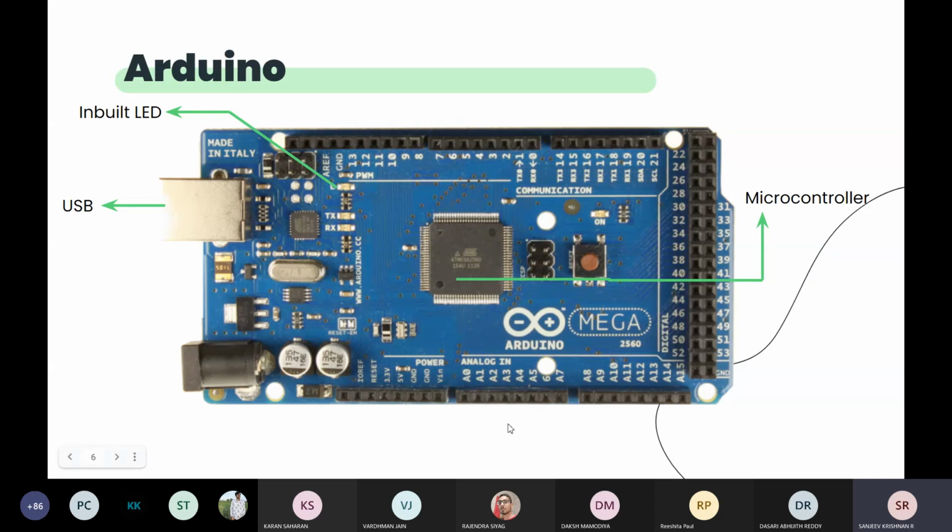Similarly, this black color socket is again a power input, power supply pin. We can give input through this pin also. This is like the mobile chargers which you have. The barrel pin, we call it a barrel pin. The barrel pin can be plugged into this socket to give power supply. So you can either give through this way, or through this way, or another way is through USB. This is the USB pin, where you connect your laptop and your board.